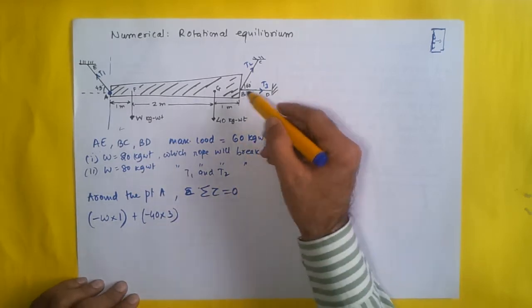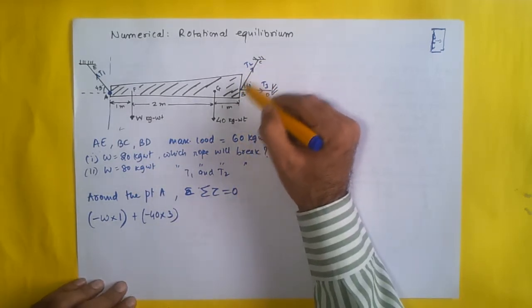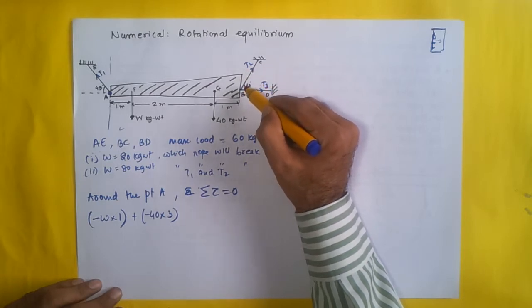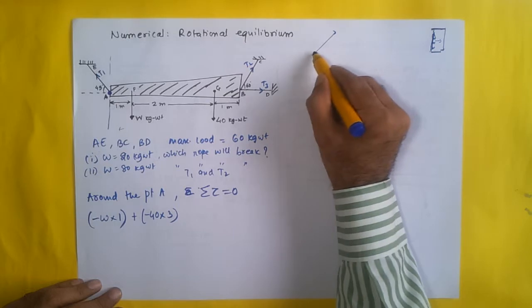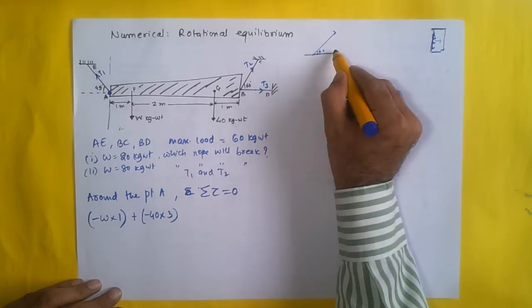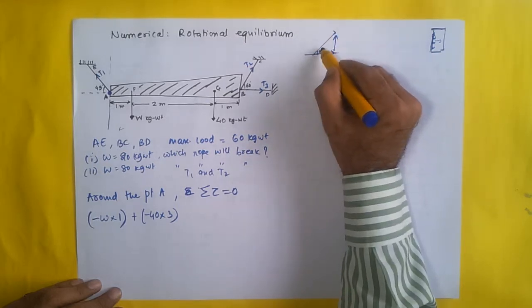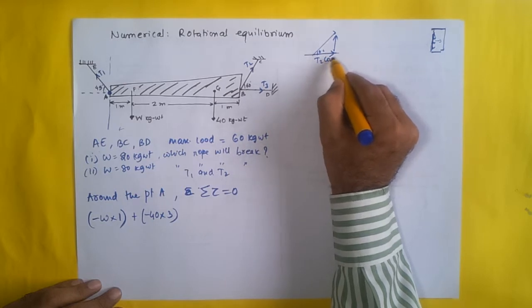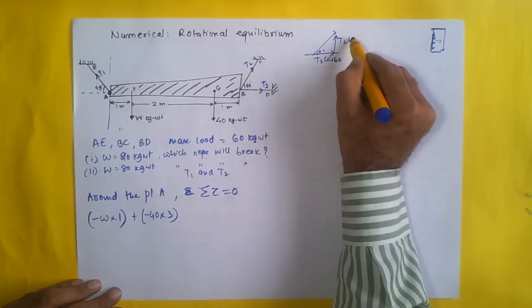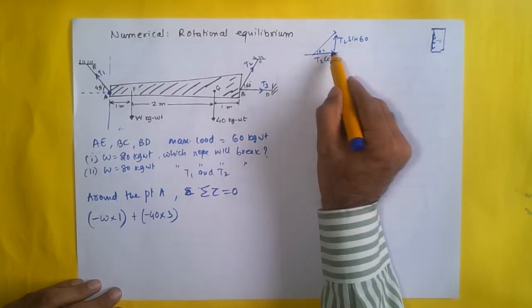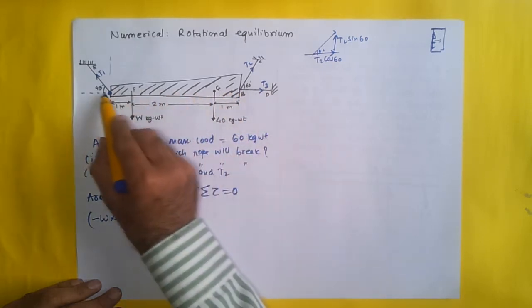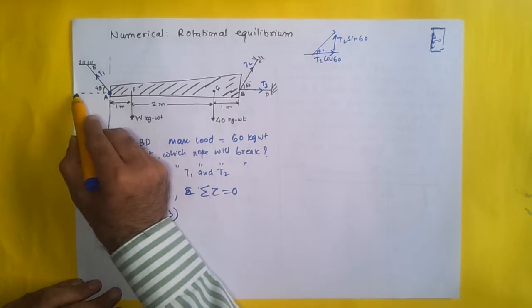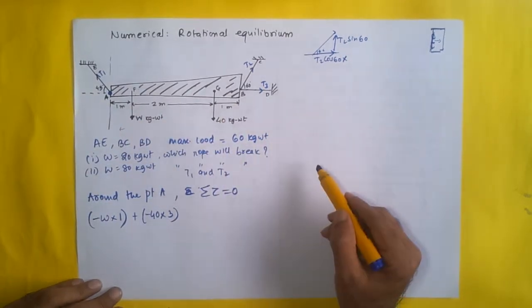Okay, coming back over here now, this T2 force, right? If I look at this T2 force, it is at an angle of 60 degrees. Now this T2 can be broken up into two components. This is 60 degrees and this is T2 cos 60. This is T2 sin 60. Now T2 cos 60, which is in this line, is passing through the axis of rotation. If I extend it, it will pass through the axis of rotation, so it will not apply any torque, right?